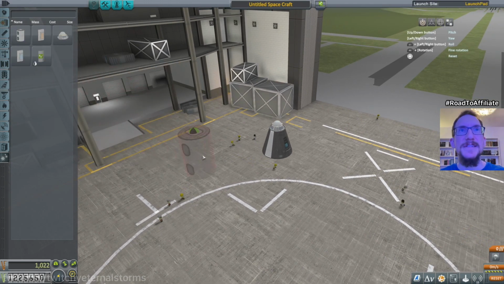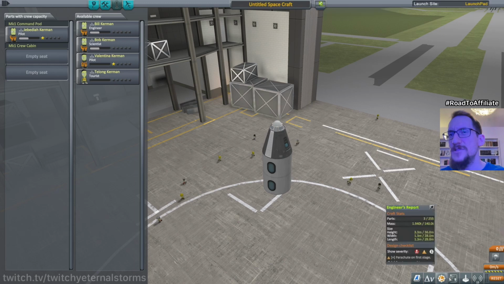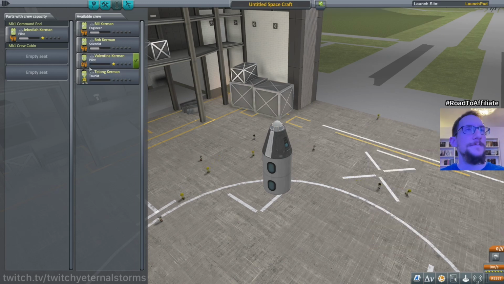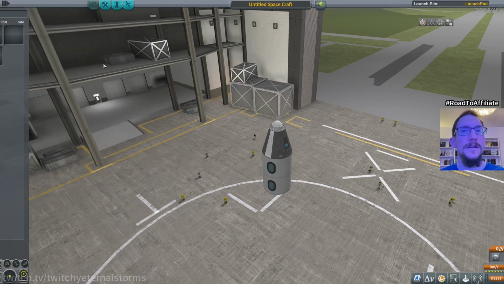Let's bring a scientist. We don't have to bring a tourist, I don't think. We have a tourist mission, but that's a fly by the sun. No idea how that works. So let's get a scientist on there, and just keep the empty seat. We could also bring Valentina, maybe. Why not? Let's make it a...